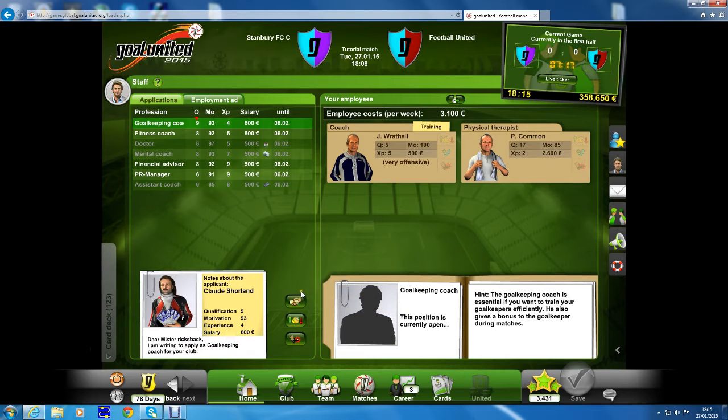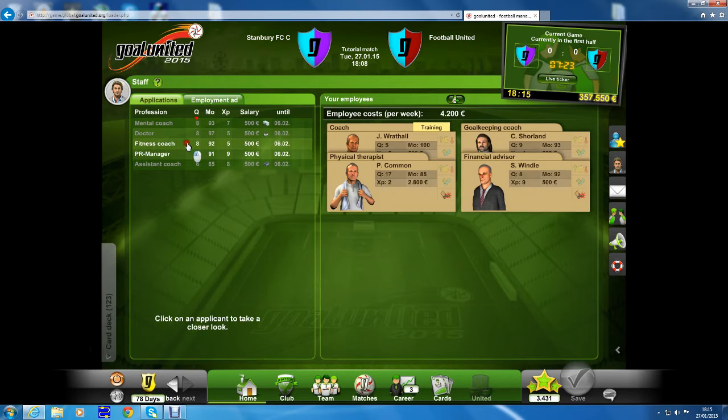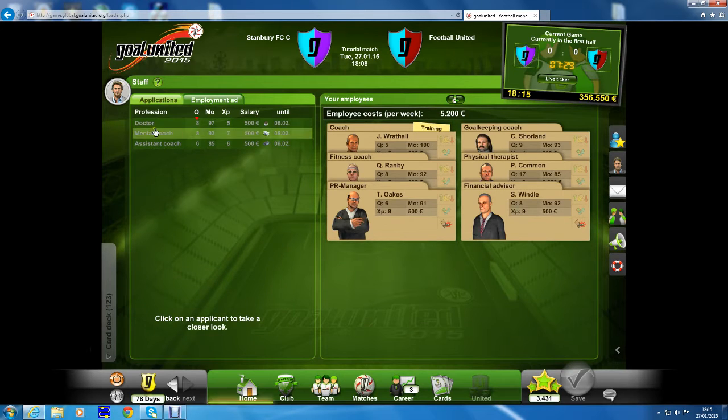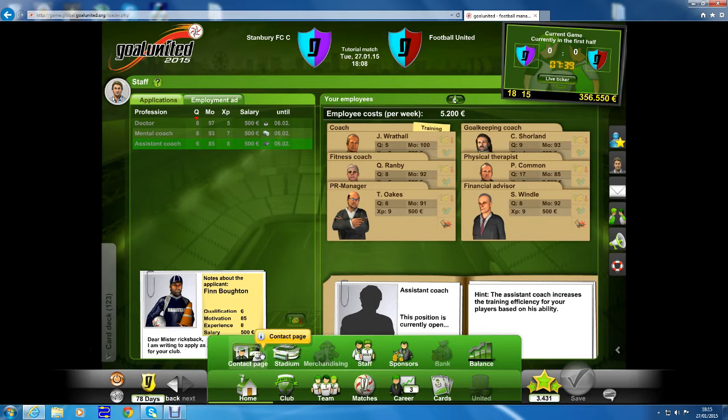Let's sign these other people. Let's just sign them. They're cheap enough, aren't they? Financial advisor, yeah, we'll have one of them. Fitness coach, PR manager, need one of them. And the rest of them I can't get at the moment, but you need to build some facilities to actually get them. Like the assistant coach is your main player trainer, so you need to get the facilities of the gym and stuff,